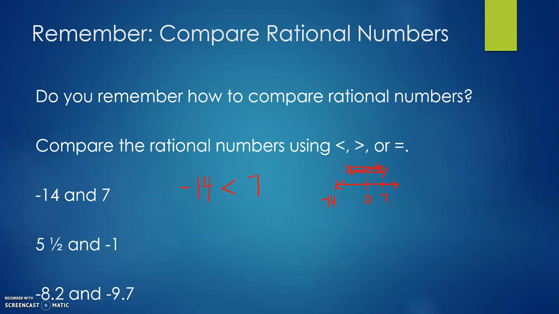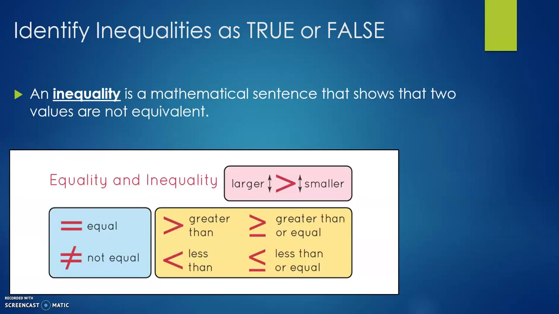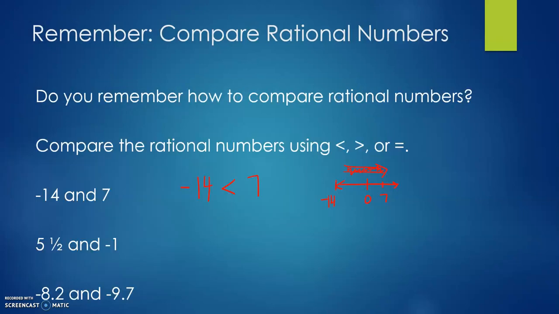For 5.5 and negative 1, 5.5 is going to be greater than negative 1 because on a number line it would be farther to the right. It's the bigger number. And so you'll notice that the mouth of the inequality sign is opening up toward the larger number. Now when you have two negative numbers, you have to think about if they were on a number